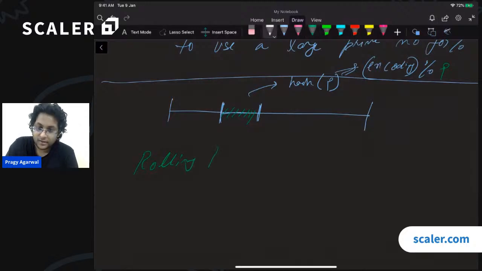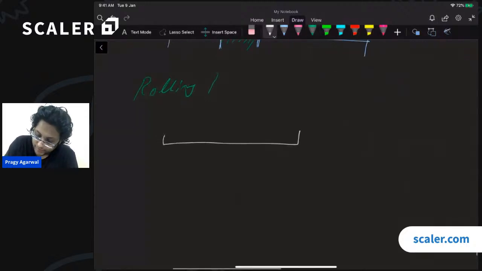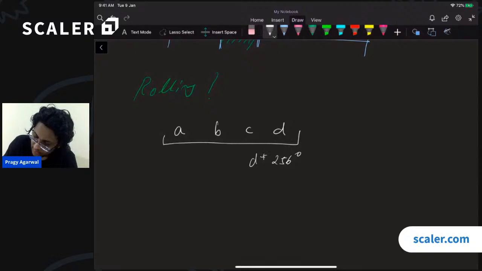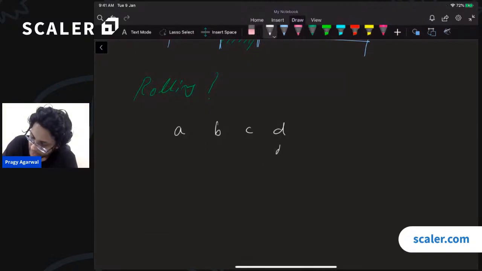Is this a rolling hash function? Suppose that you have the hash value of this, right? So you have A, B, C, D, and let us say that the character set is, suppose, 256. So this is D times 256 to the power 0,